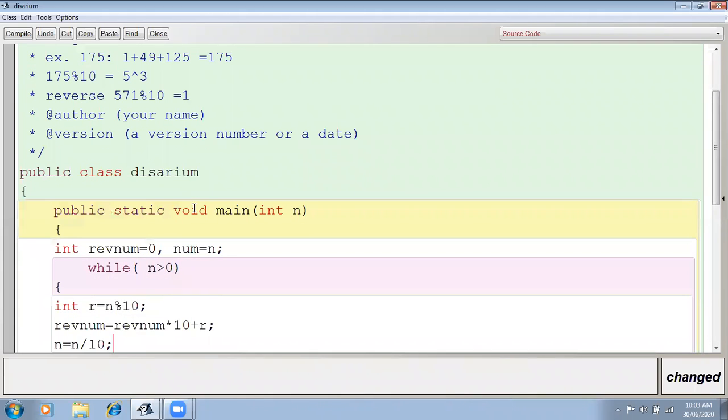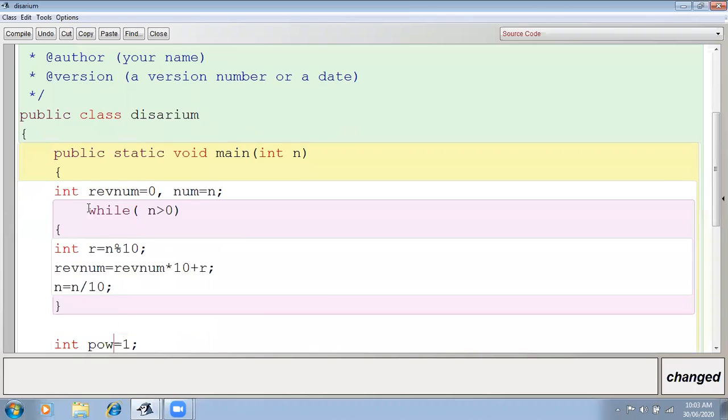Here I'm accepting the number int n, by using the Scanner method. Then here I'm taking one number as the reverse number, and num equals n. Why I took this? You already know, because I want to reverse the number first. So see the reversing loop. In the palindrome program also we have used it.